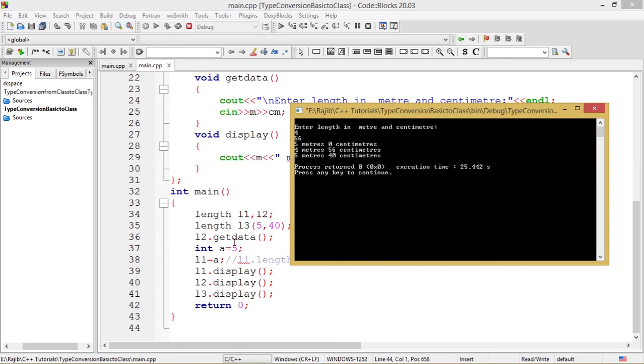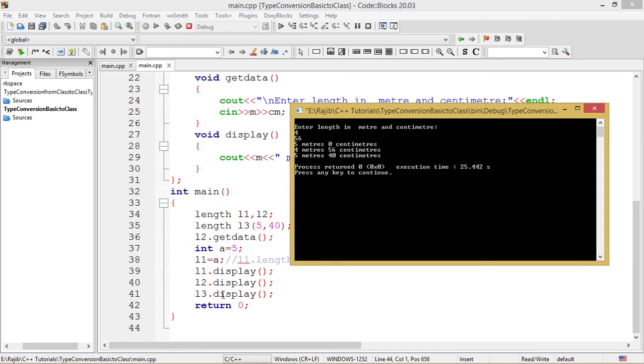So whatever was the value of A, that is 5, we have taken 5 over here. That's why 5 will be assigned to meter and 0 will be assigned to centimeter. So L1 should display 5 meters 0 centimeter. So let's see whether we have got that. Yes, we have got that 5 meters 0 centimeter according to our expectation.